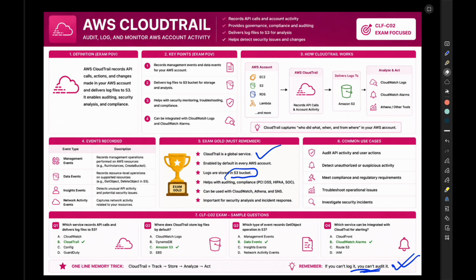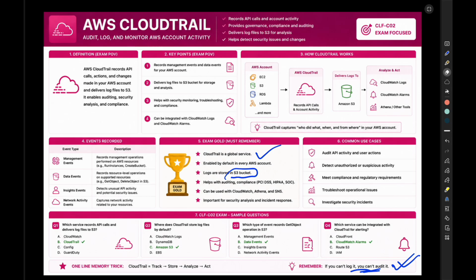So you can also be asked like someone performed some action and an unusual API activity has been detected. So which service do we need to use for that purpose? The answer could be AWS CloudTrail. Common use cases could be compliance audit, security investigation, tracking user activity, troubleshooting changes, maybe governance reporting, and exam goal